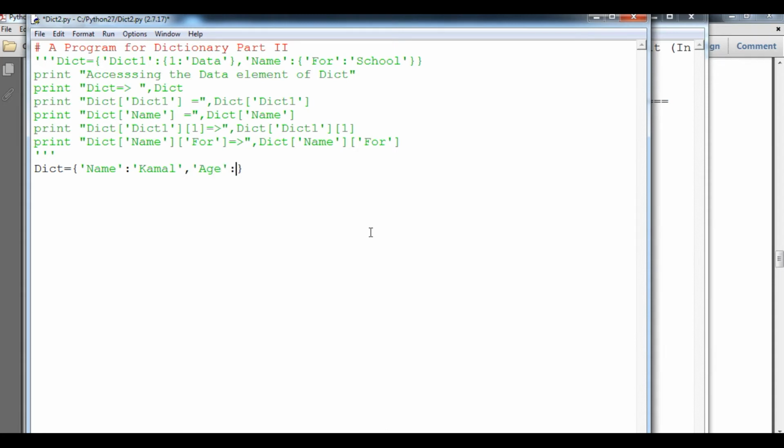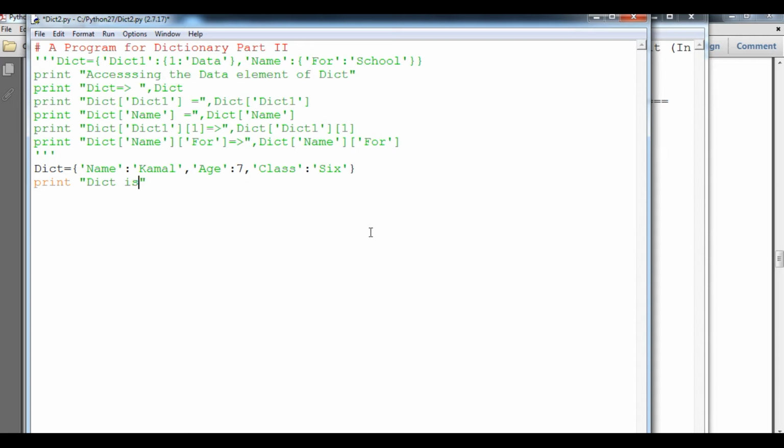So here I will take age as 7, and here as class, maybe definitely we can say 6.